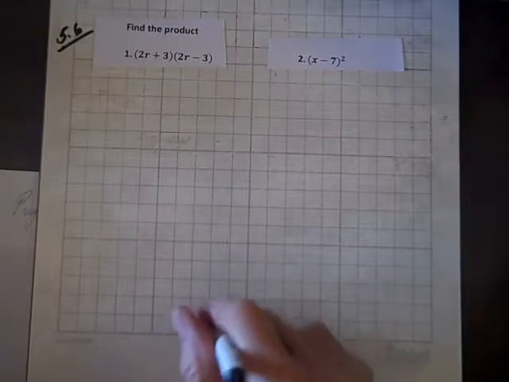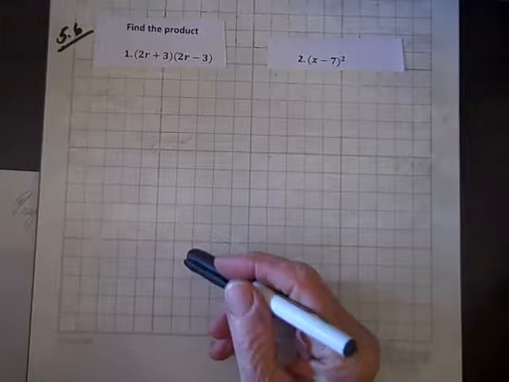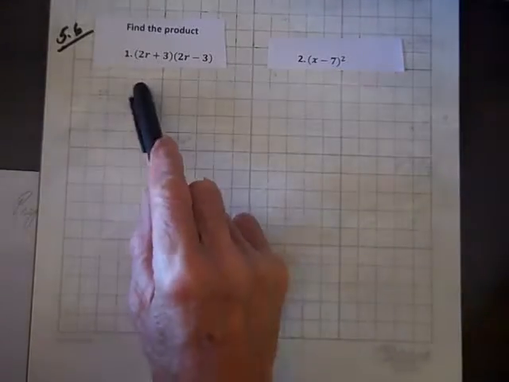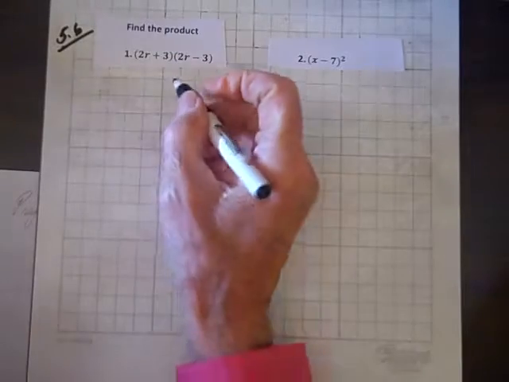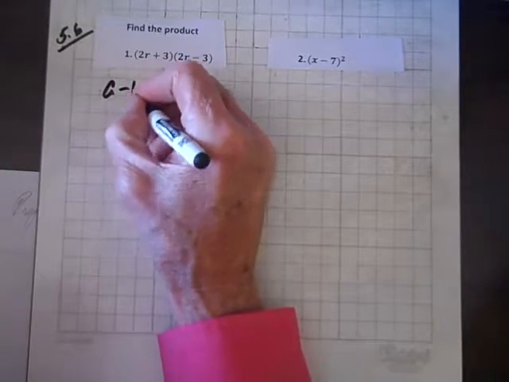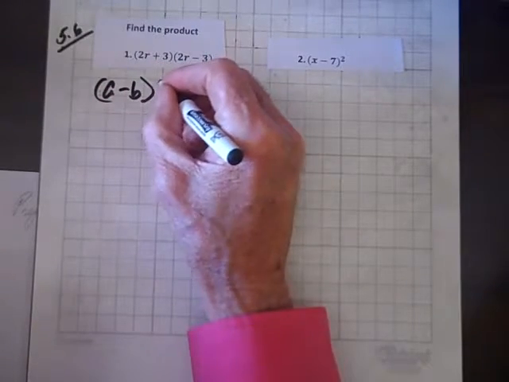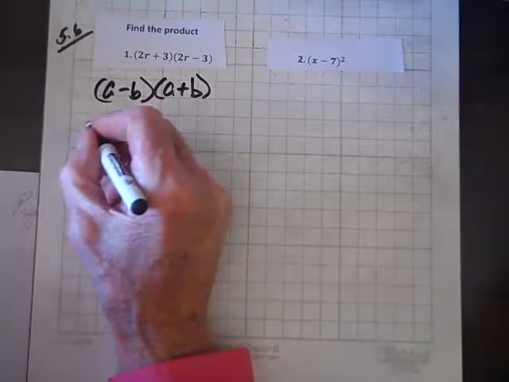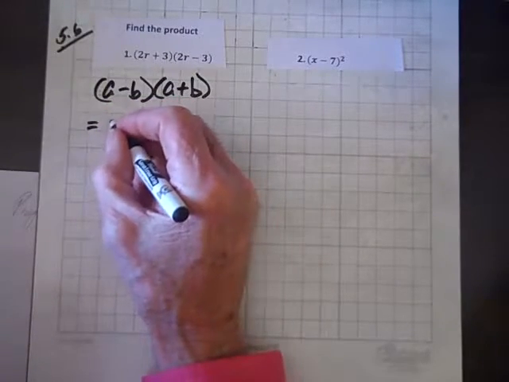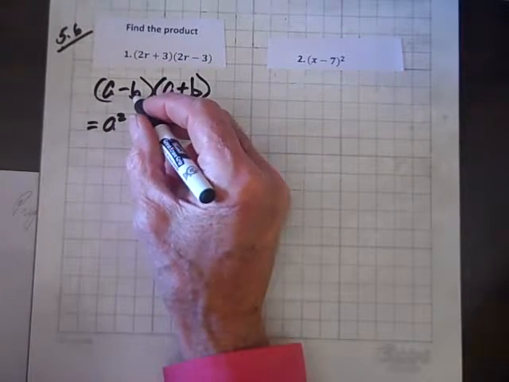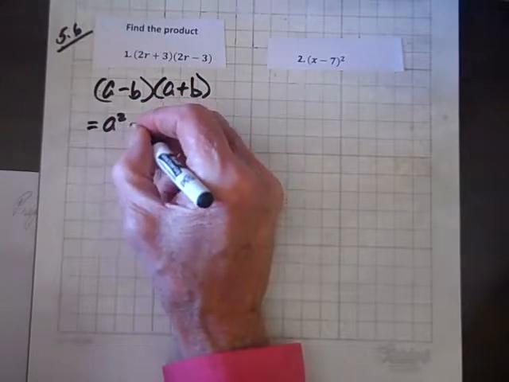Well, here we are with section 5.6, and we've got some special cases when we find a product. And for this one, it meets this pattern, and it's called difference of two squares, a minus b times a plus b. And that equals a squared, the product of the first two terms, minus the product of these two,